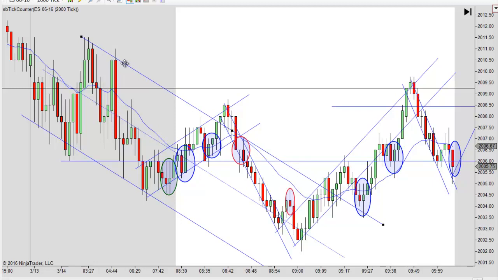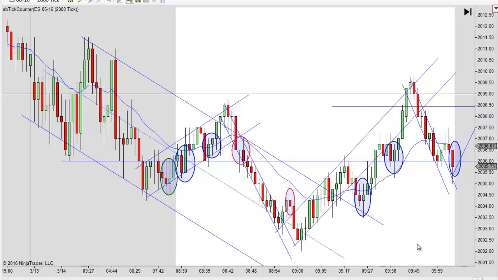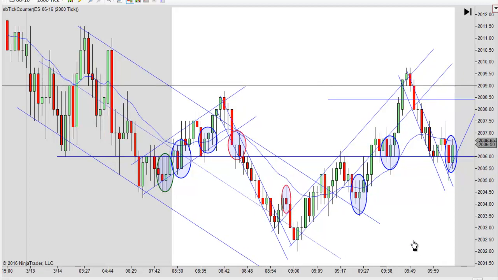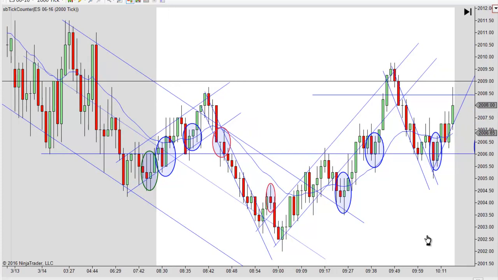You can see that. And generally, when you get those little gap areas in there, this one closed and opened right there. There's a gap, and for whatever reason, it gaps over these trend lines. And a lot of times, that's a way to verify that your trend line is right. When you get that little gap through there, it did back up and fill the gap, but you can see where it closed right there and opened right there and went higher before it turned down. So a lot of times that'll tell you you're in the right place when you have your trend lines in there. I'll see that a lot of times. It's amazing how often you'll see that.